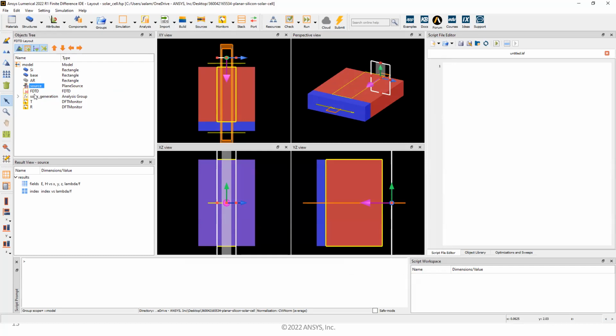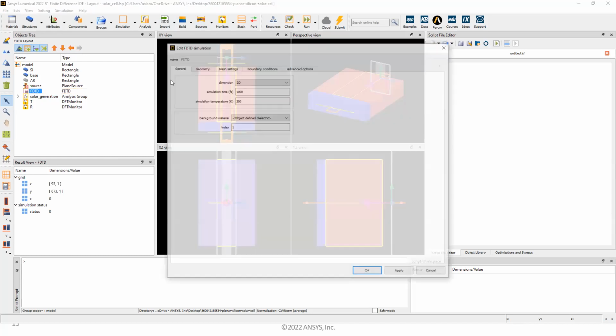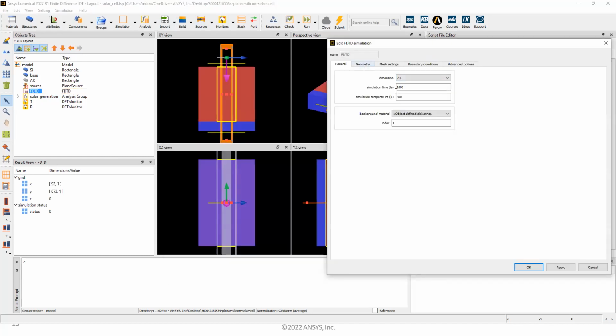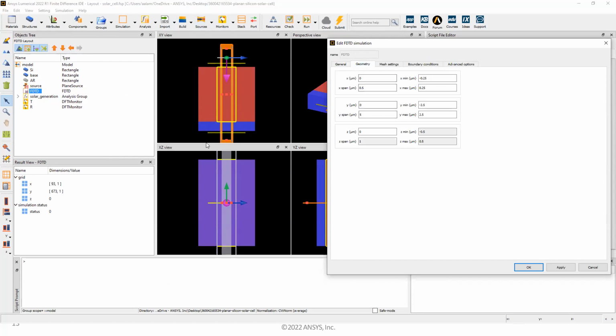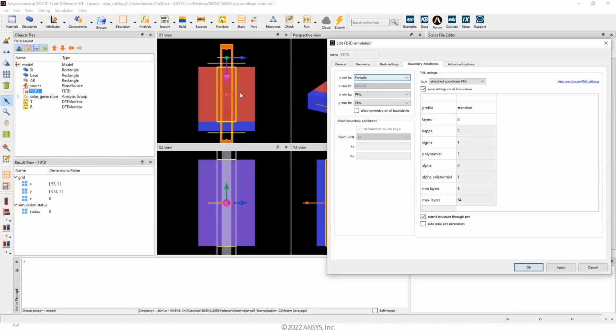So you have your source set up, and then you have the FDTD solver region, which is added from here. In the FDTD solver region, you can see that the geometry allows you to set up the extent of your unit cell here. And then in the boundary condition, what I want to show is here we are using periodic boundary condition on the x-axis, right? X min and X max are periodic boundary conditions. So this means that even though we are simulating a thin slice, we are using periodic boundary condition on the sides, so that we are saying that the device is actually very wide. And that's why we can use a plane wave source, because it can just come uniformly down from the top.